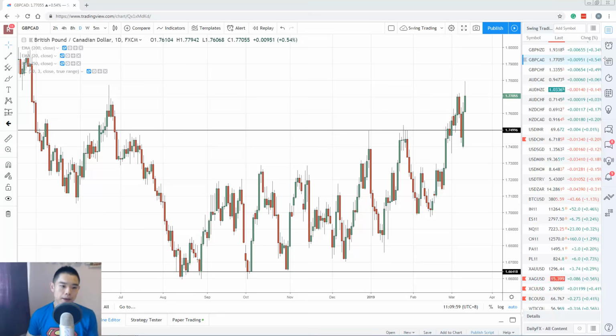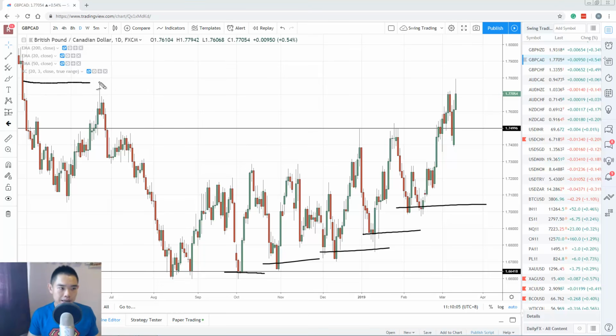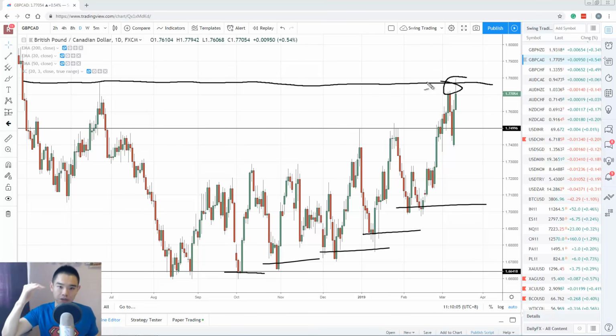Okay, so an example is the pound Canadian. If you look at this chart, if we apply the same concepts that I just shared with you, right, you can see that generally this is still in an uptrend, right? Higher lows, higher swing lows, major swing lows over here. However, if you notice, right, the price actually came into this area of resistance over here. So yes, the market is in an uptrend, but you don't necessarily want to be a buyer at this point in time because there is just resistance